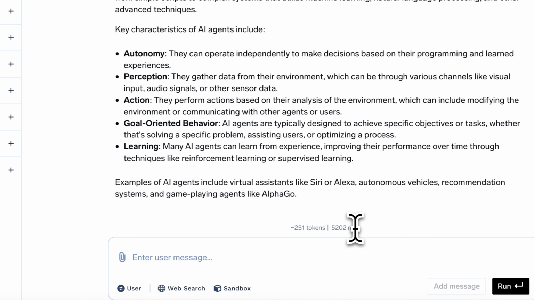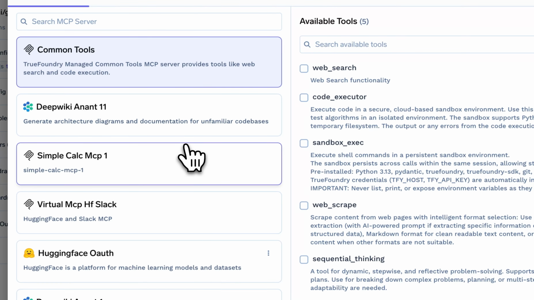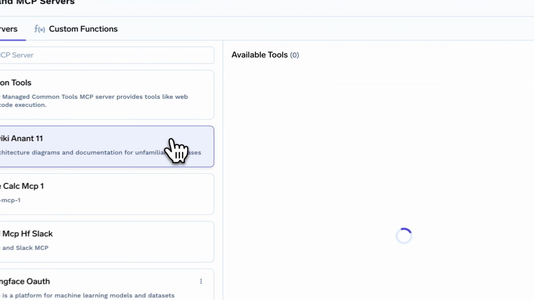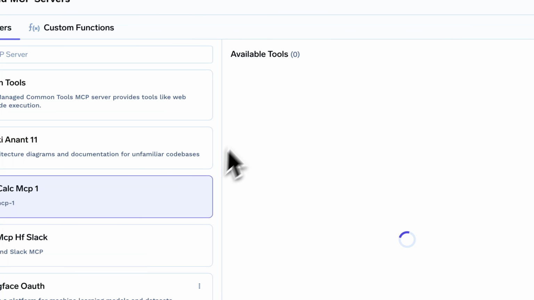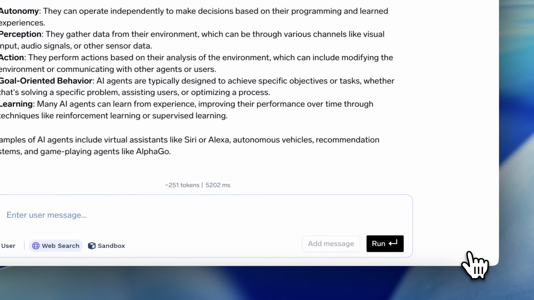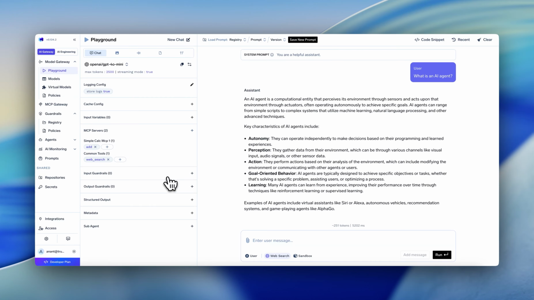Further, if you want to enable MCP tools, you can click on MCP servers. There are some common tools which are available and offered by default, like web search, code executor, sandbox, and so on. But whatever MCP servers have been registered onto the gateway will also show up here, and you can pick and select different tools across different MCP servers. So now I have selected these two tools, and whatever prompts I ask next will take into account the access